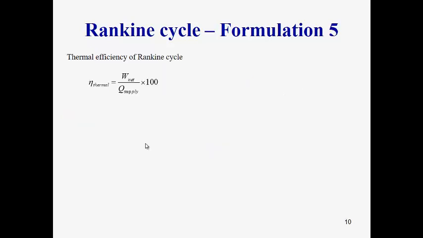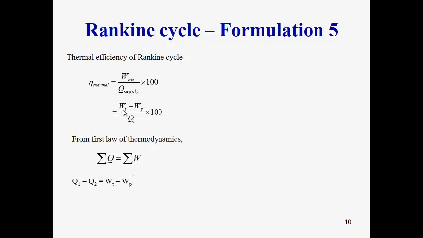So, to determine the performance of the Rankine cycle, that is the vapor power cycle, the thermal efficiency for the first law of thermodynamics is defined as output by input. Output is Wt minus Wp and the supply is Q1 in the boiler. The algebraic sum of heat transfer is equal to the algebraic sum of work transfer, that is Wt minus Wp is equal to Q1 minus Q2. So the efficiency also can be expressed as 1 minus Q2 by Q1 into 100. Q2 is the heat rejection, Q1 is the heat supply.